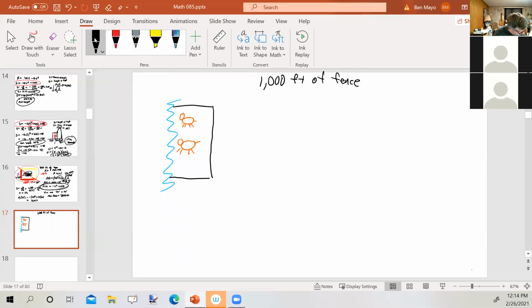Okay, now, that's what it says. Ranching, see the illustration. A farmer wants to fence in 3 sides of a rectangular field with 1,000 feet of fence. The other side of the rectangle will be a river. If the enclosed area is to be maximum, find the dimensions of the field. Okay, so the farmer wants to maximize the area because the area has grass in it where the cows can